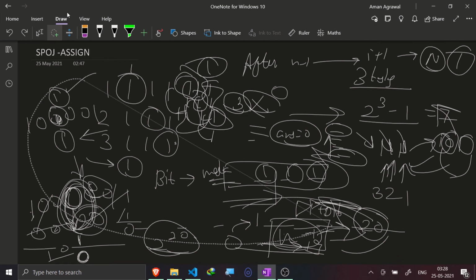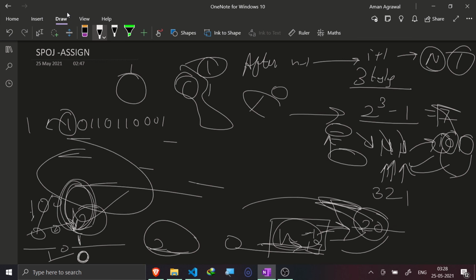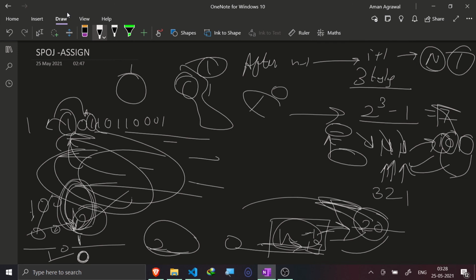Now let me define the DP state more clearly and formally. Suppose we have an array like this, and all other elements are this. My DP state would be taking this task and assigning it to this first person, and then calculating all the answer combinations that come from taking this option. Then it would take this task and find all the answer combinations, add them here, and do this for all, and hence our final answer would be what I would get for this. And hence I think I have explained this problem.